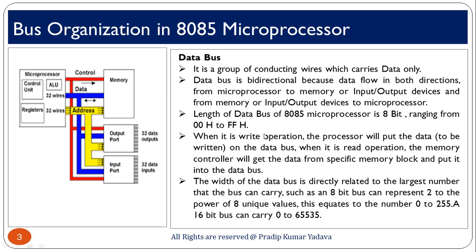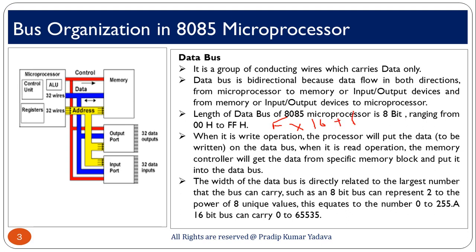Now the width of the data bus is directly related to the largest number that the bus can carry. Suppose you are talking about an 8-bit data bus, it means it can represent 2 power of 8 unique values, which means the number can be 0 to 255. And if you are going to convert this number to decimal, then again you can find it. FF means F, I think you have an idea, 16